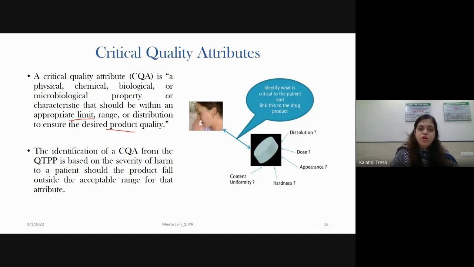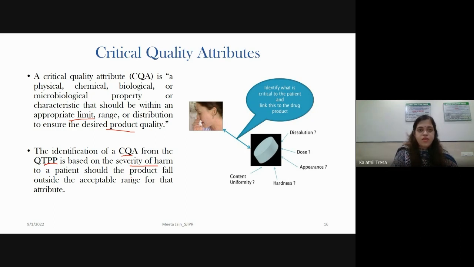How do you derive the CQAs? These are derived from the quality target product profile and are based on the severity of harm to a patient should the product fall outside the acceptable range for that attribute. So suppose for one of the attributes your formulation or product goes outside the acceptable range, how severe a harm it will have on the patients.